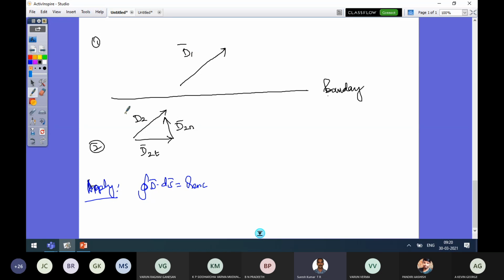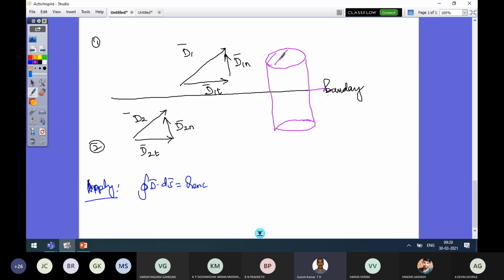This is the D1 vector. This is the component which is parallel to the boundary. This is the component which is normal to the boundary. Now we need to apply Gauss's law. For that, you need to construct a closed surface which should exist in both mediums. You can consider a cylinder. Let's consider a cylinder here,